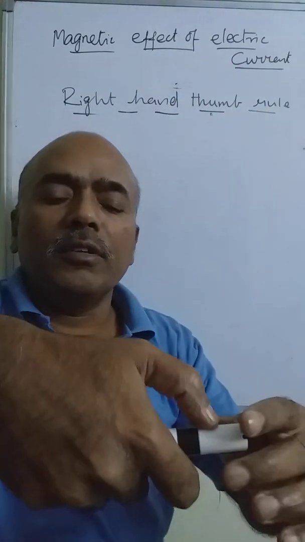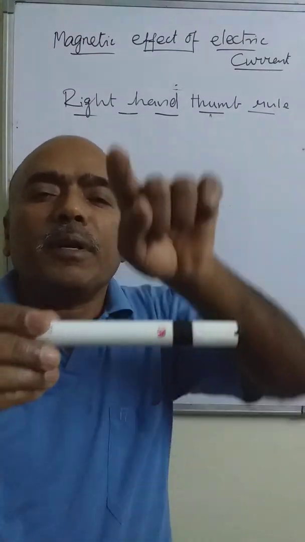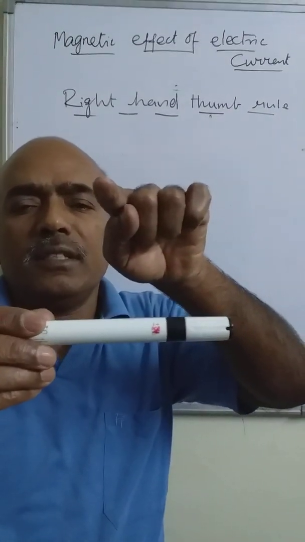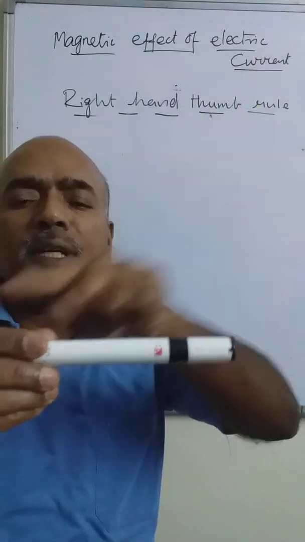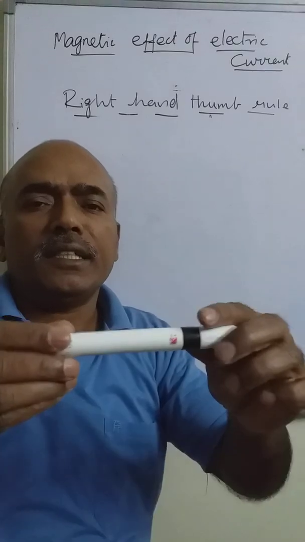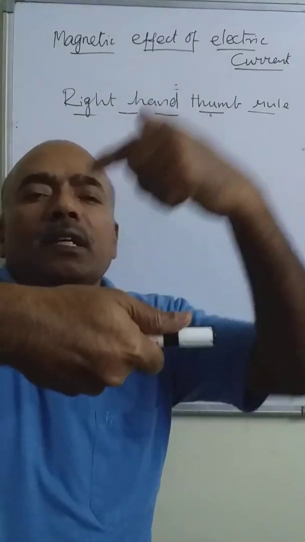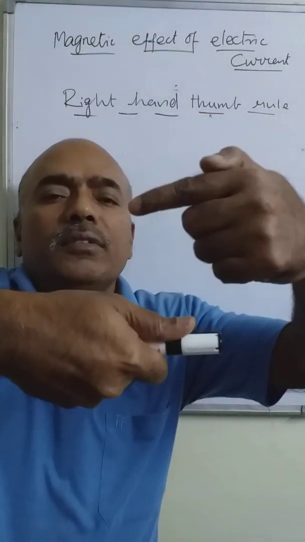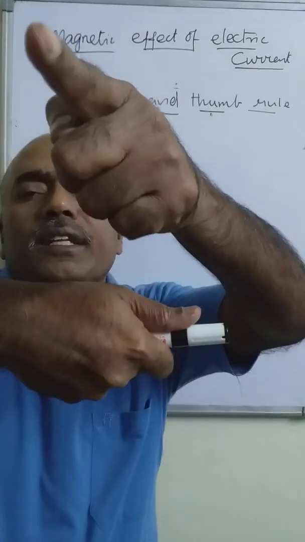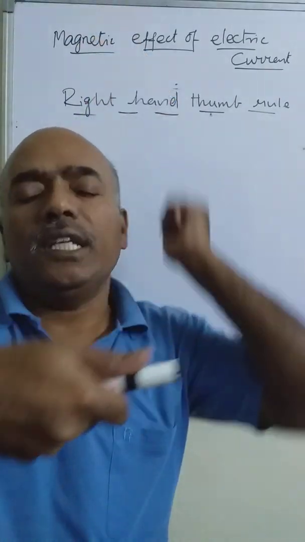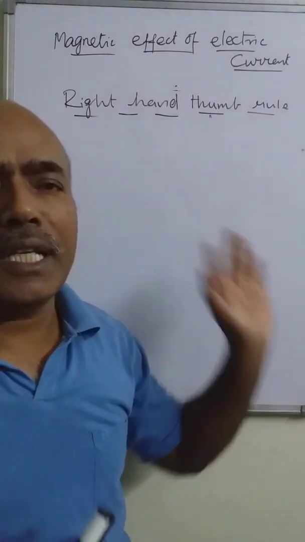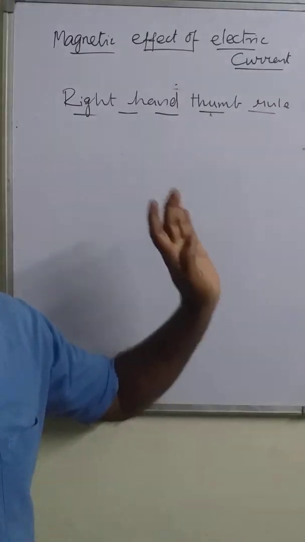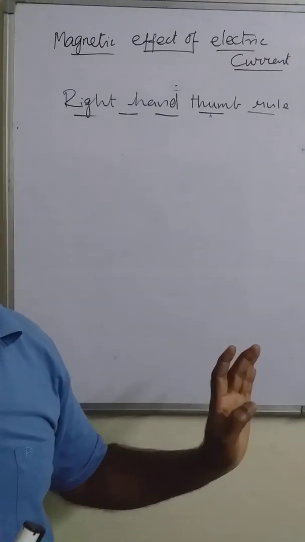And what will be the direction of magnetic field just above the conductor at any point? Current is flowing in this direction. If we use right hand thumb rule, the field lines are like this. So at this point, it is moving in this side. That means towards east. This is how we determine the magnetic field around a straight current carrying conductor.